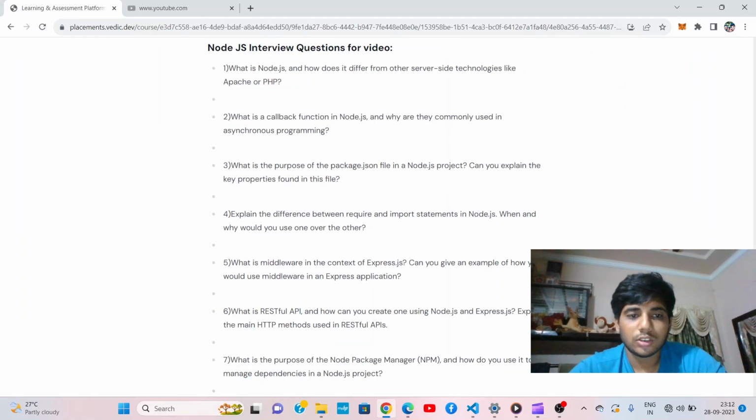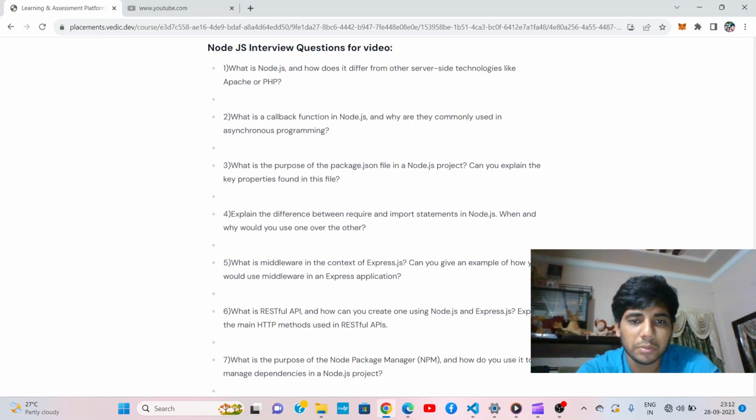And coming to the third question, the question is about the purpose of the package.json file in a Node.js project, and to explain the properties found in the file. The purpose of the package.json file in a Node.js project is that it acts as a manifest for the Node project, and it contains all the metadata about the project and all the dependencies which are required in the